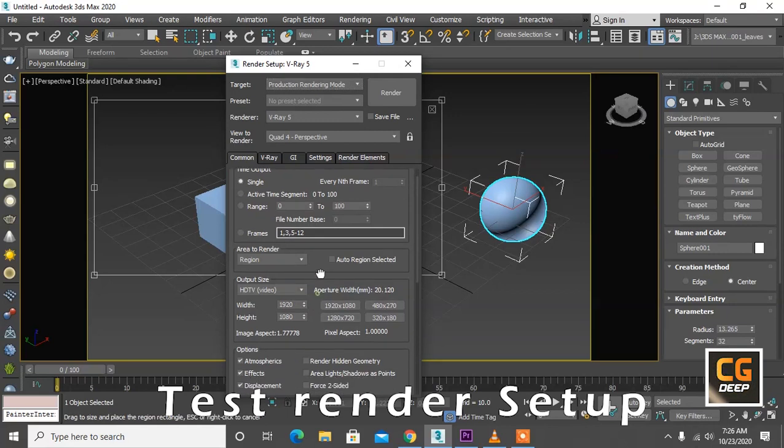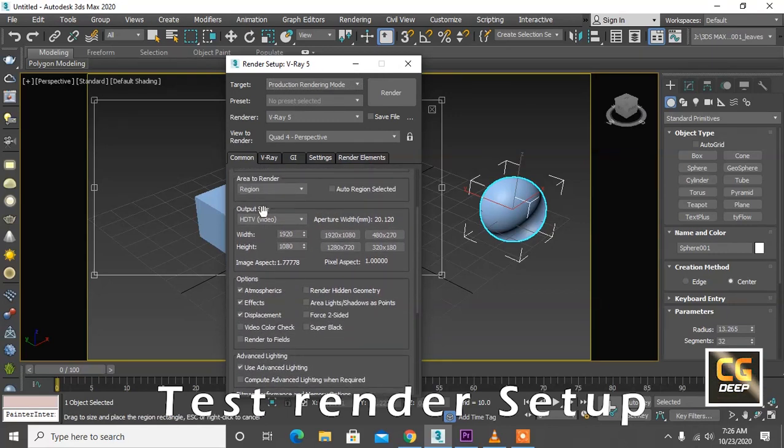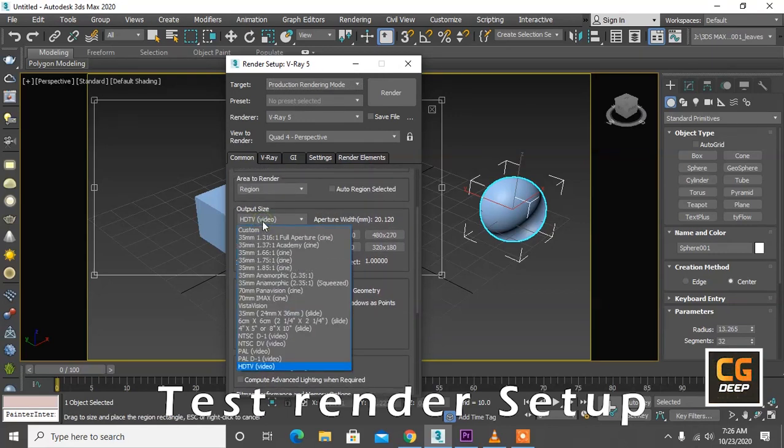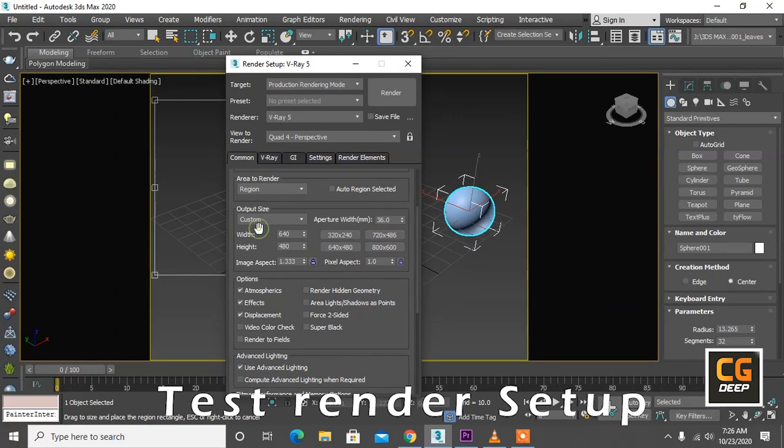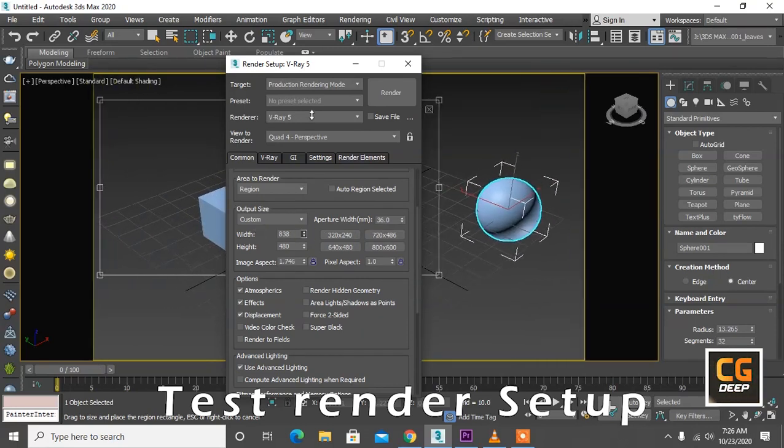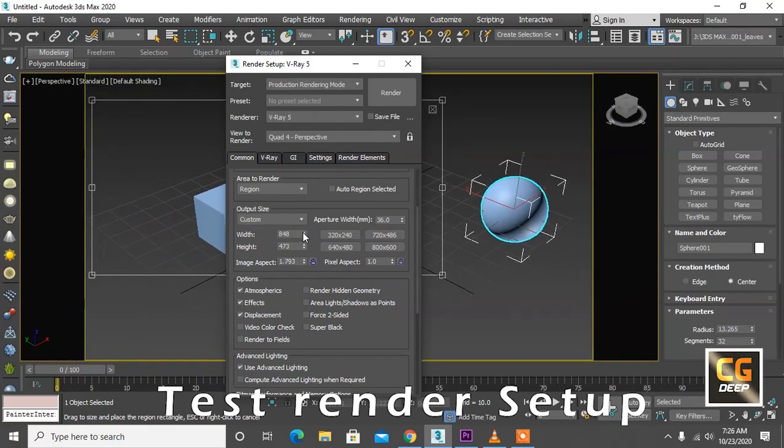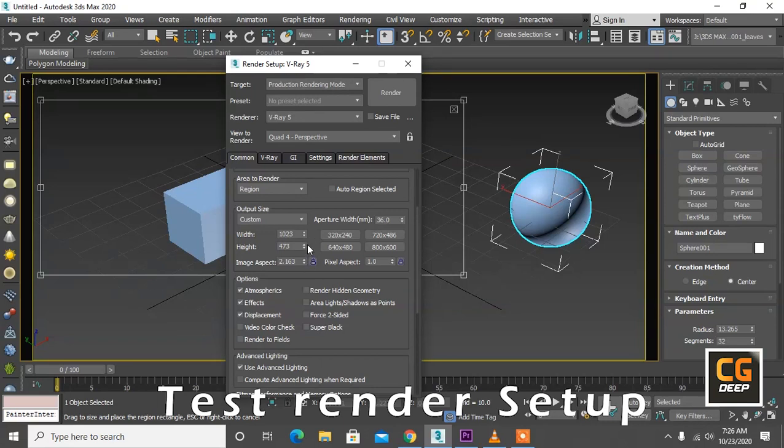Another setting is output size. You can set the output size by your frame, whatever type of frame you want. Like if you want a portrait render, you can select Custom, and set a custom size for your renders as you want, right?